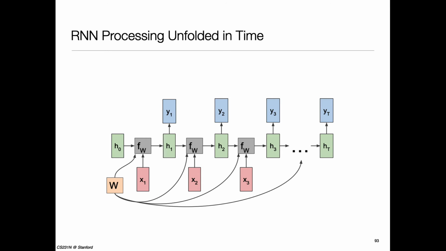But otherwise, you can think of what is happening as, at every time step, it's taking the state from the preceding step and the current input, and producing the next state and output. So this is a view which is unfolded in time. And when you train this thing, you have to now back propagate in time also, because the error of an output at any time step not only depends upon the current input, but also inputs way in the past. So when they back propagate, they have to go back in time, and that introduces complications.